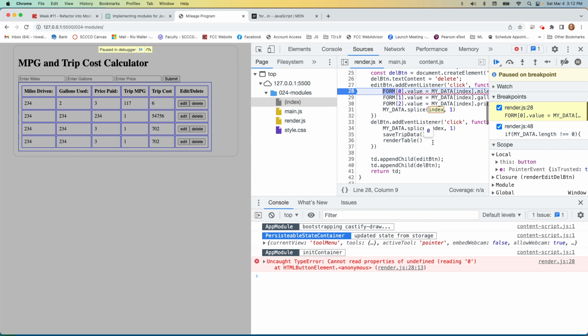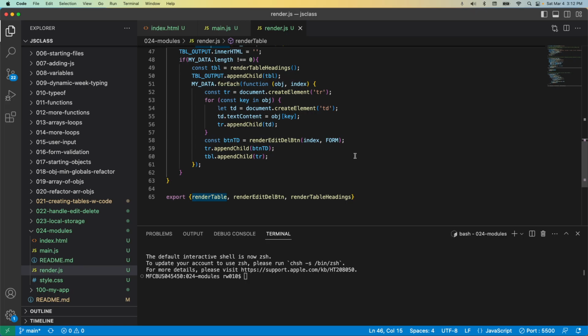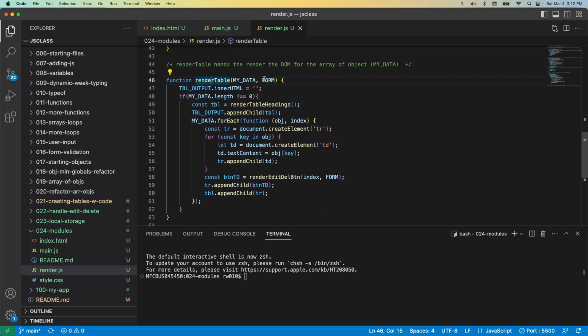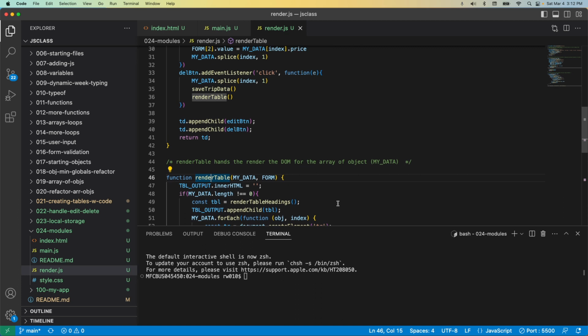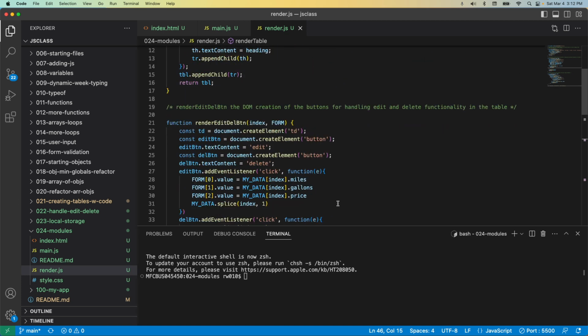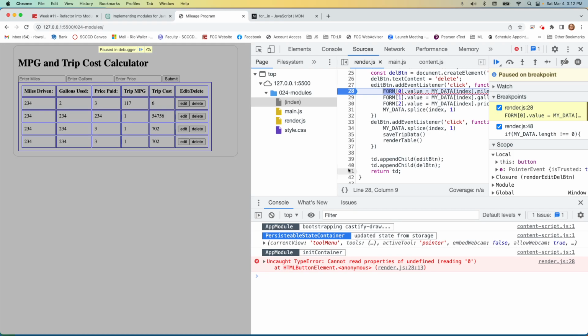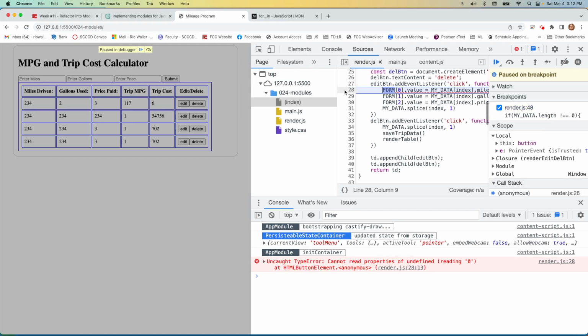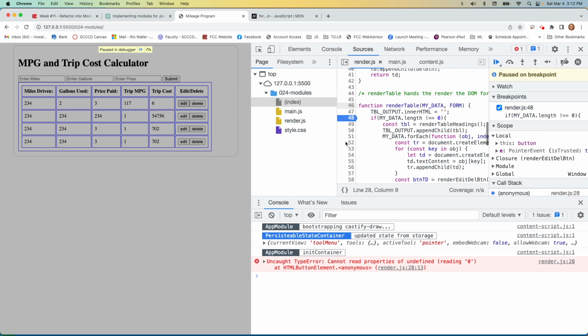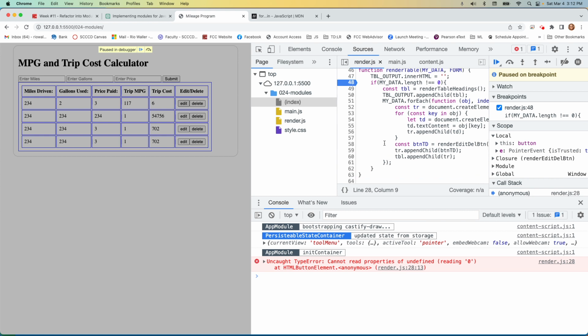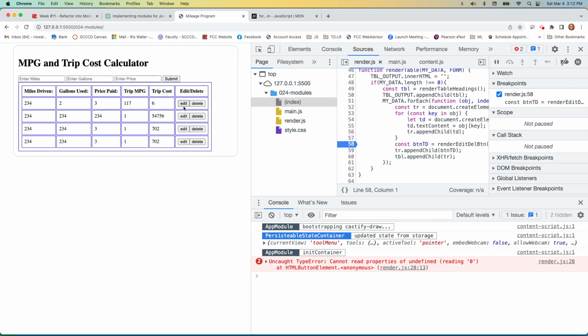Wait a minute, is that undefined? Passed in the form. Oh, wait a minute, did I reverse them? No, I didn't. I didn't reverse them there. Should have been fine. Let's walk through it. Let's walk through it over here and see where I've called it. Here. When we hit the edit,